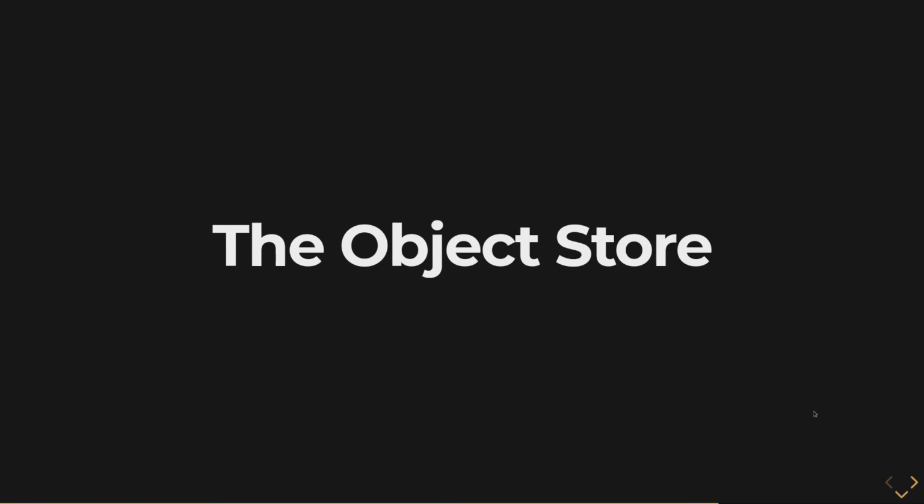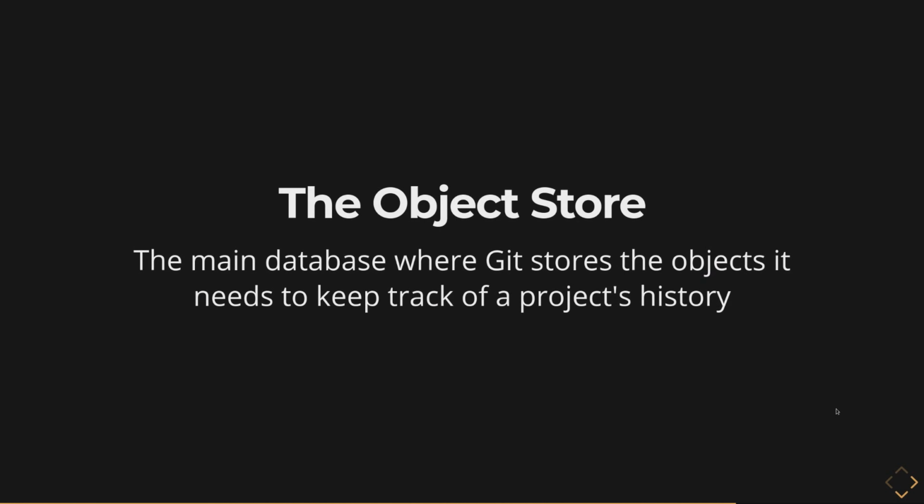So let's move on to the object store. What's the object store? That's the main part of the repository, the main database where Git stores objects it needs to keep track of a project's history. So like any database, what's a database? It's basically a piece of software where you can store information of different types. So by information, we usually mean data that could be put into a file. So saying that it stores a file just means that it stores information that resides inside files. And